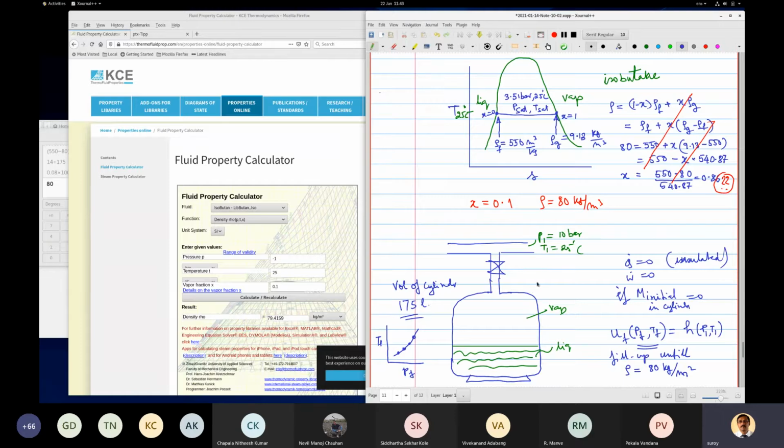Now in real life also, the filling up is so fast, this assumption is a very good assumption. There will be very little heat loss so far. After that, the temperature inside will rise. Then you will keep it in the warehouse, and slowly the temperature will become equal to the outside temperature, and then you will have heat loss. At that time, again the pressure and temperature will change.